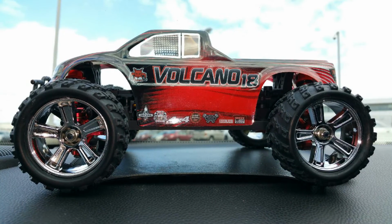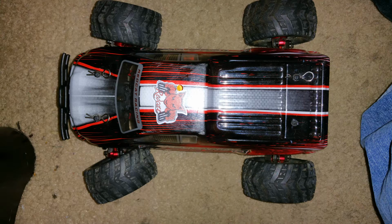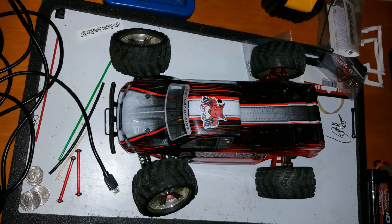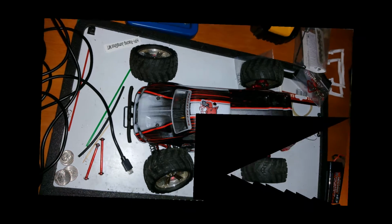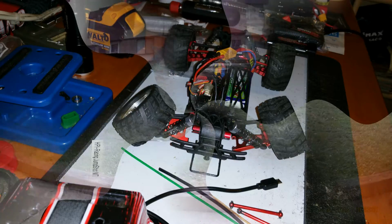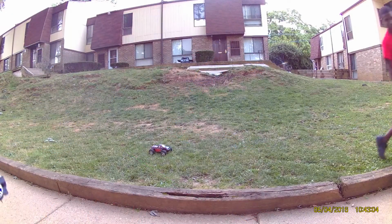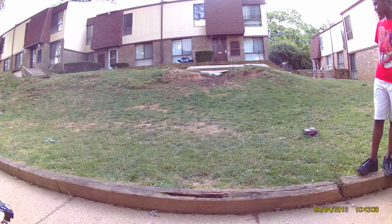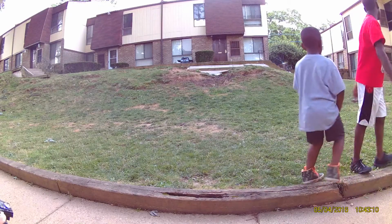Now, these are the original wheels. These are the chrome wheels, and I like the chrome wheels better. It even looks good while I was running. Now, this happened because of the bashing. See the control arms? They bend, and it causes the wheel to splurge out. And when my grandson was working on it, he forgot to push the control arm clips in. Here it is out